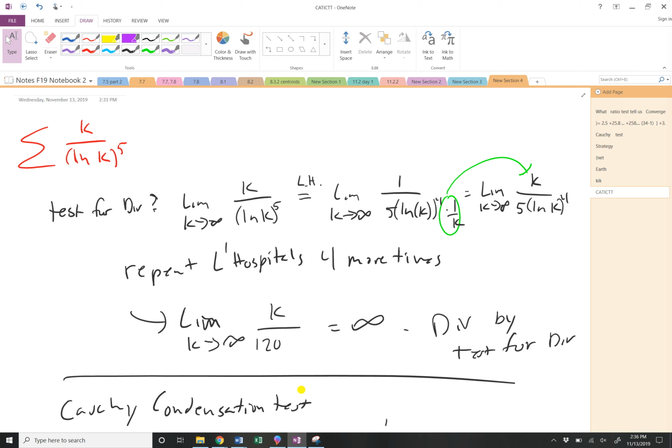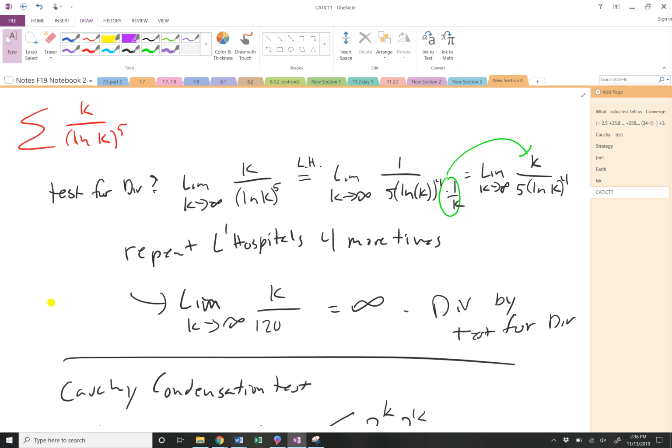All right. So I picked this one. This is one of the harder ones to start with. So this is one you can actually do by test for divergence. It just takes a little bit of work to find what that limit is as k goes to infinity. And maybe it's not obvious. It wasn't obvious to me, but one of my students in the last class tried it and was able to